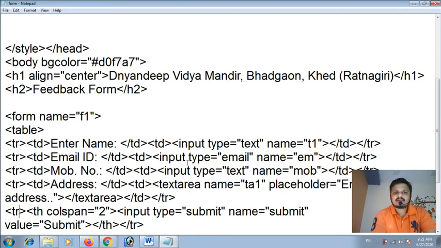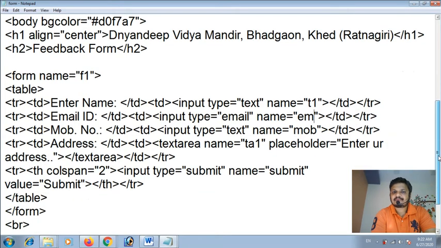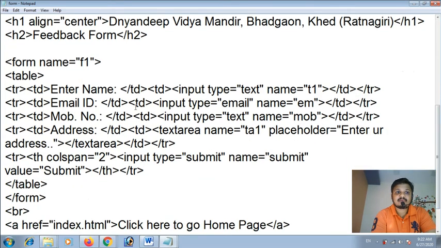For email ID, we require input type equal to email, name equal to em, as per HTML5. Then mobile phone or contact, input type equal to text, name equal to mob, right? The next, address,